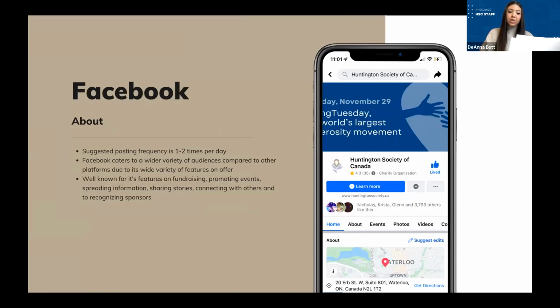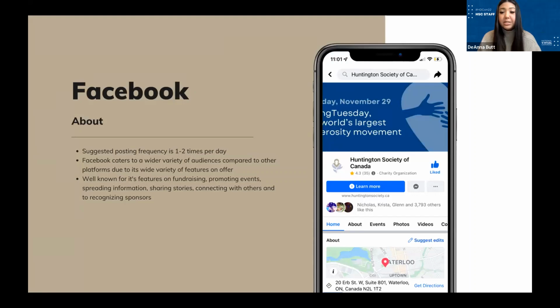Facebook caters to a wider variety of audiences due to the wide features that it offers. You'll see this compared to the other platforms, but with Facebook, users don't always just need to post and comment and like. It's more than that. They can look at local news feeds, create live videos, make event plans, send messages, ask for recommendations. They can play games with each other. They can buy and sell things. And there's just so much more to do, which allows for that wider audience to be on Facebook.